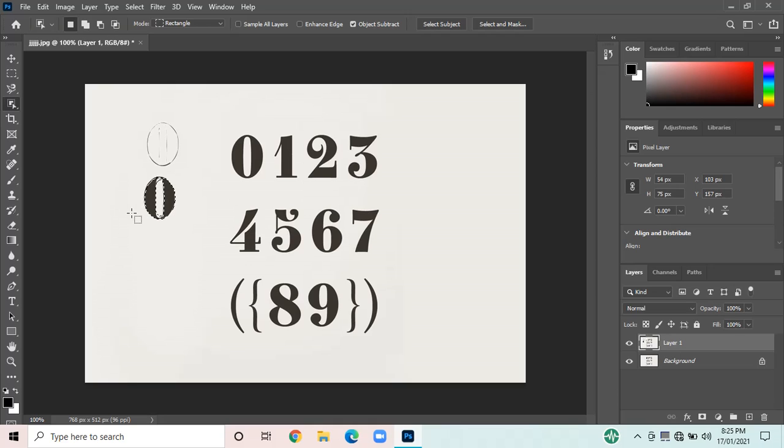In previous versions we always needed to use the lasso tool for a particular shape selection, but this feature in the new versions has minimized the use of the lasso tool and made it easier for image editors.